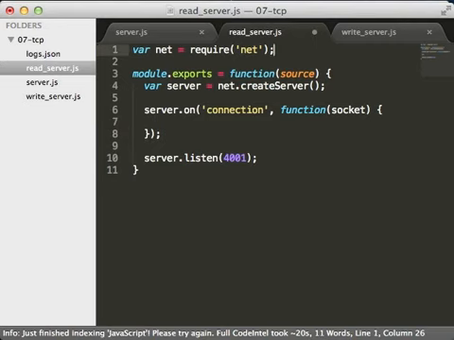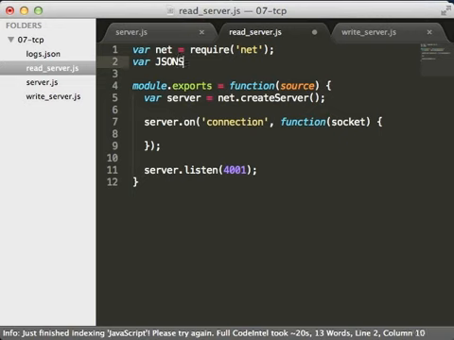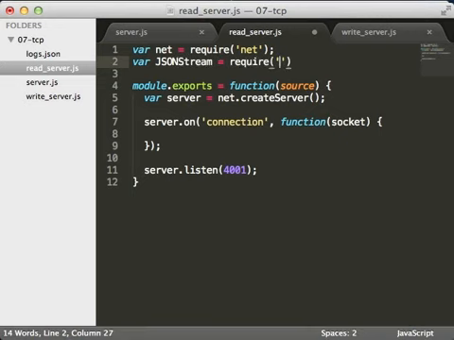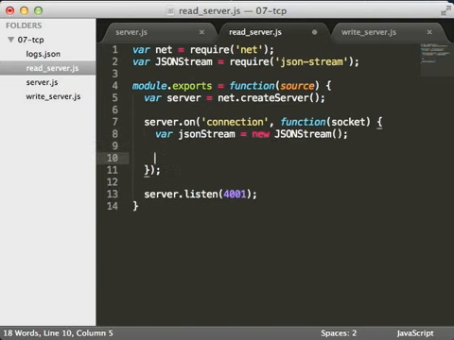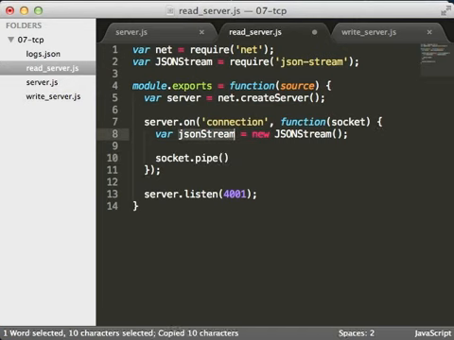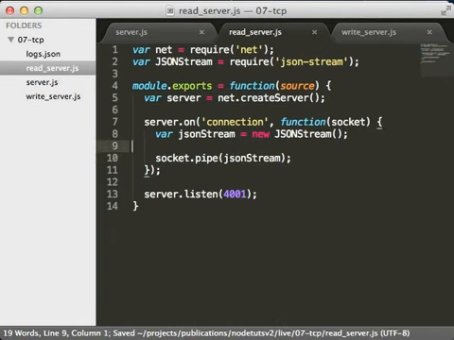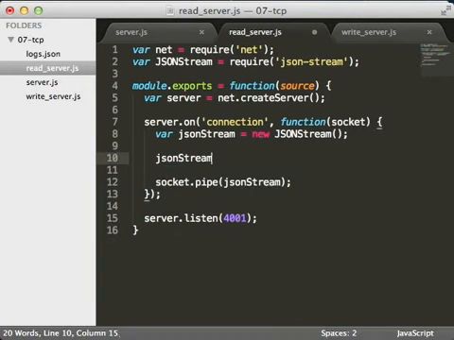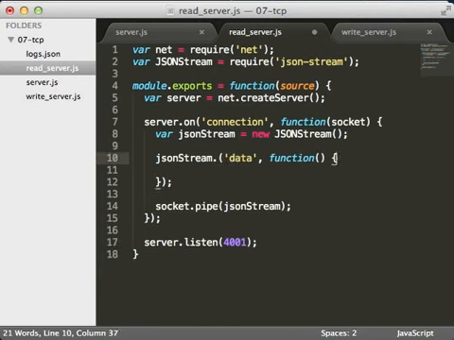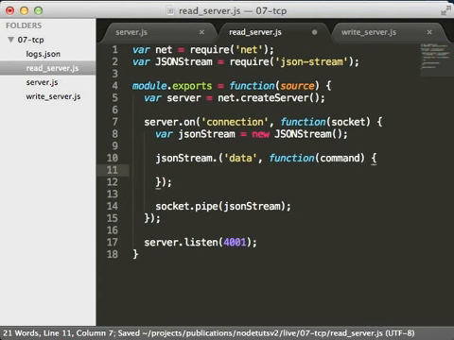So we also need var JSONStream equals require JSONStream, and then here we create var jsonStream equals a new JSONStream, and then we pipe the socket into the JSON stream. Okay, and then when there is new data, which should be command objects,